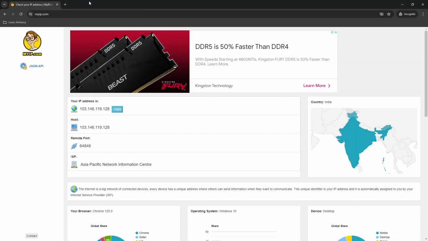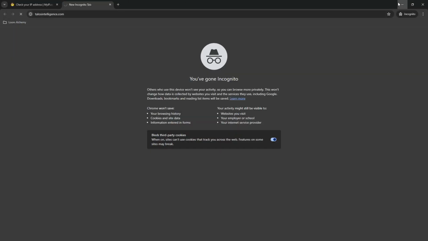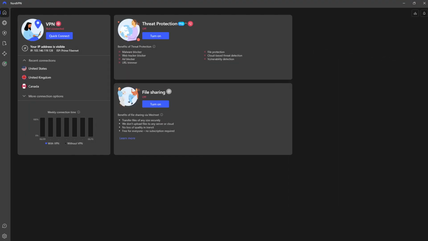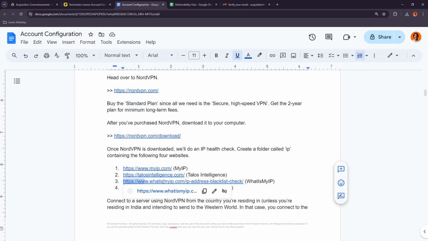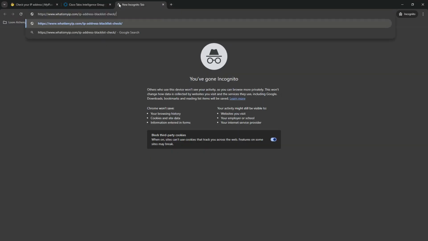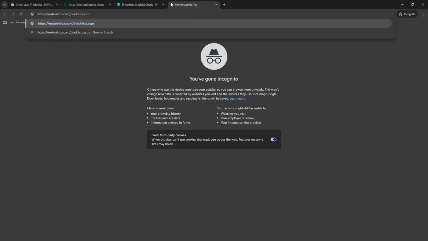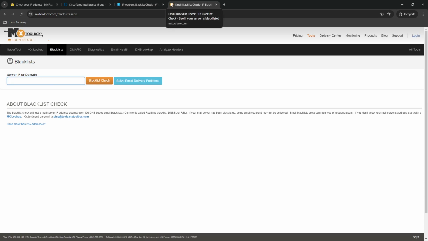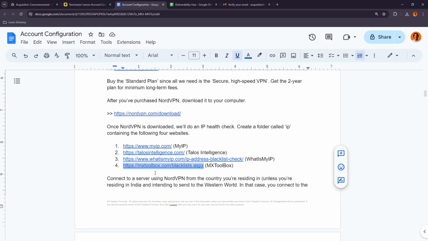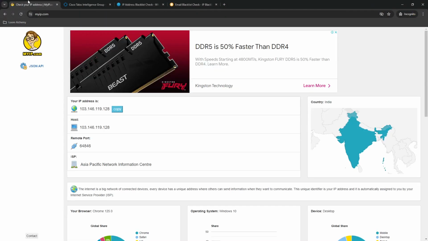Now once again I'll be pasting it here, and then coming back to this, I'll be pasting this one, Control C and Control V, and then finally last one, Control C, and right here Control V. So this is what these four look like. You have to open all of these, and now what you're going to do is you basically will check for your